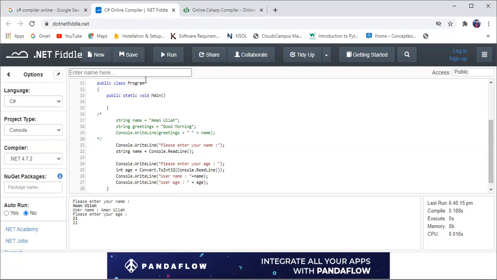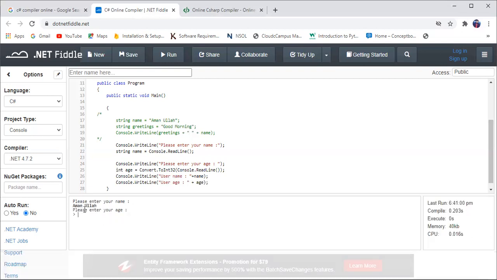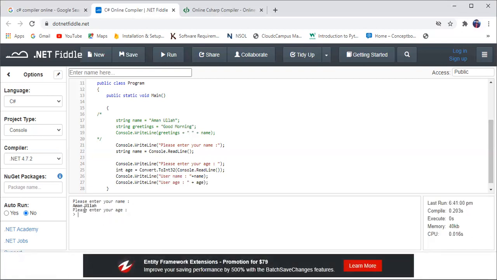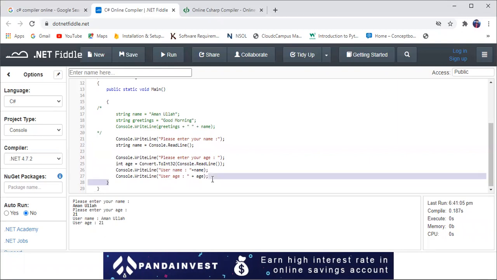Now if I run this program, the system will ask me again to enter my age, 21, and then you can see Username is Aman and User age is 21. So this is the procedure of taking input from the user.